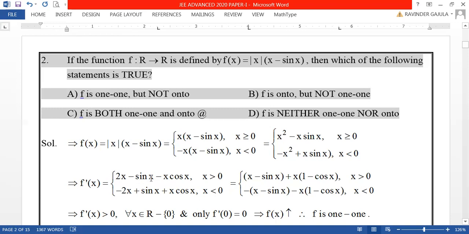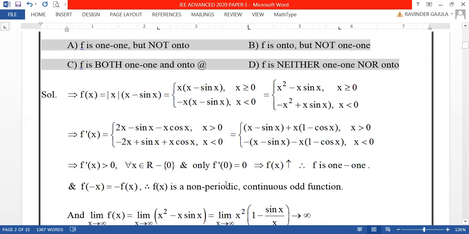Now here, 2x minus sin x minus x cos x for x greater than 0 can be written like this, separating 2x, one for sin x and one for cos x. This is (x minus sin x) plus x(1 minus cos x). And similarly separating minus 2x also, one for sin x and one for cos x. It is minus of (x minus sin x) minus x(1 minus cos x). What for? Now you can see here,